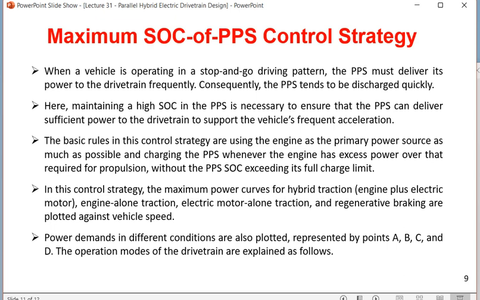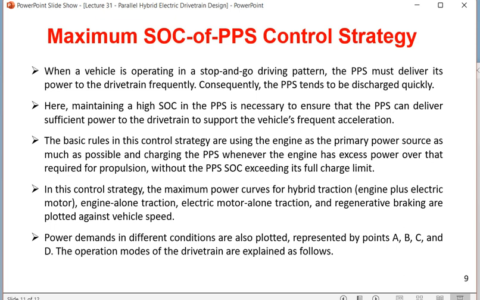So point A, B, C, D, the operation modes are explained in a graph. The similar type of graph we have seen in series hybrid also. Today we are just going to see the graph and we are not going to do the explanation. So I will leave you now 1 minute with the graph. You just try to find out similarity of this graph of parallel hybrid electric driving with series hybrid electric driving. So I'm just giving you 1 minute. You see this graph, and after 1 minute I will give a brief explanation, and that will be the last